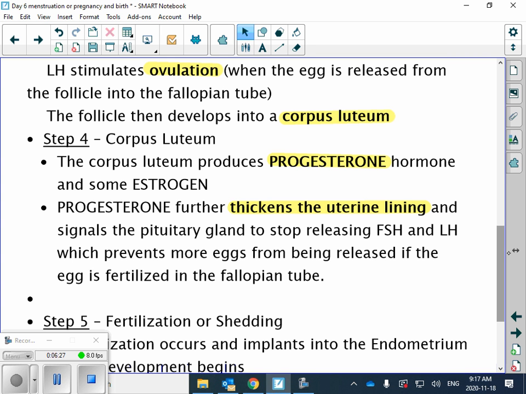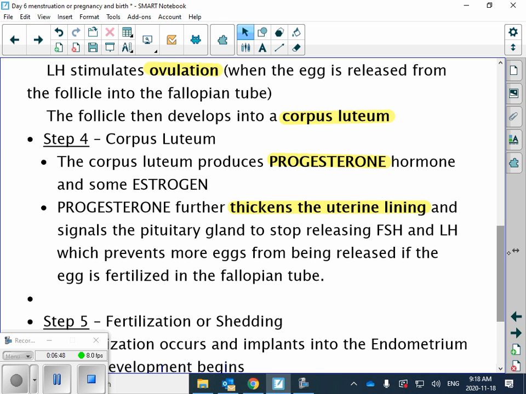that luteinizing hormone. We don't want any more eggs to be released just in case that one egg that we just released gets fertilized. So the progesterone travels back up to the brain, tells that pituitary gland to stop making these follicle-stimulating hormones and luteinizing hormone, and that prevents more eggs from being released if the egg is fertilized in